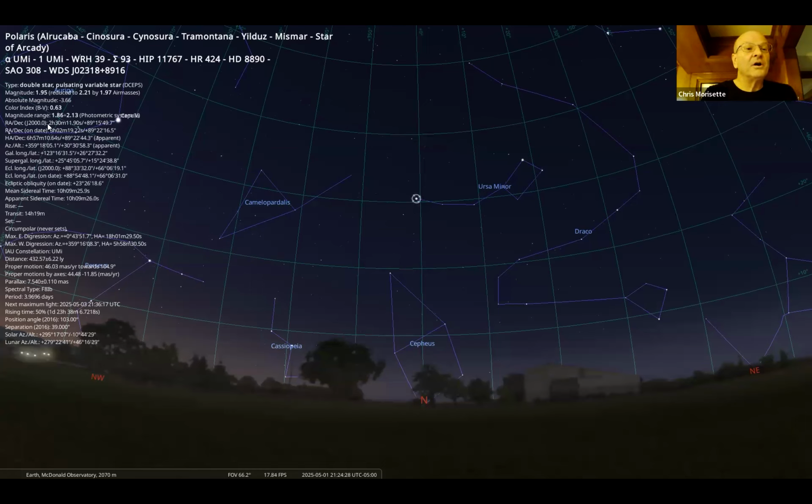Up here on right ascension and declination, we don't see any change. And the reason that we don't see any change there is because those two coordinates are kind of a fixed coordinate on the celestial sphere, and as a consequence, they don't change. Okay, I'm gonna get rid of